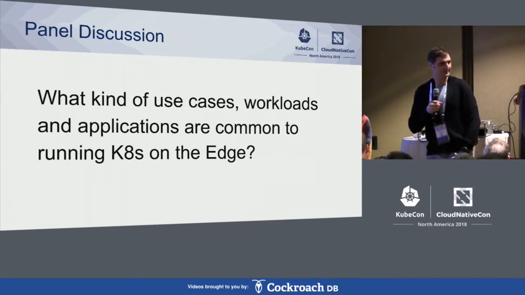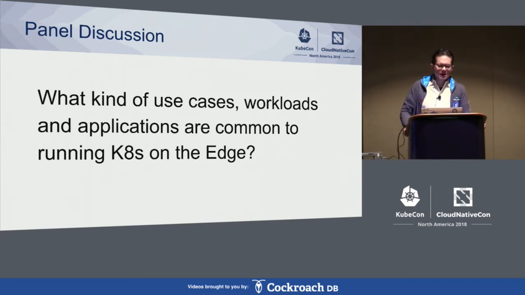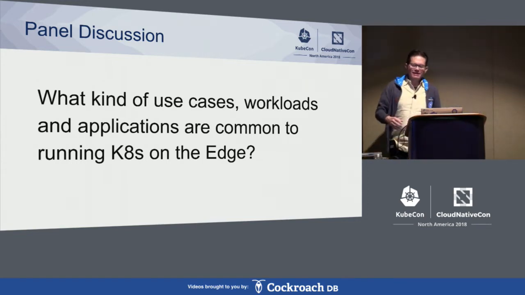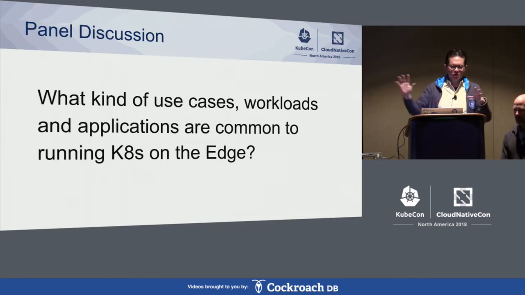A few others I'd throw out there that have been talked about in the meetings of our groups are what used to be called ROBO, or remote office, branch office. So retail stores, things that might be fully capable of running Dockerized workloads already, but sent out to locations that are very small. The other one would be kind of an inverted cloud provider, where there might be outfits like telcos that have cell towers and switching offices that could be turned into data centers at the edge, maybe even hosting multi-tenant workloads. But anybody else got ideas?